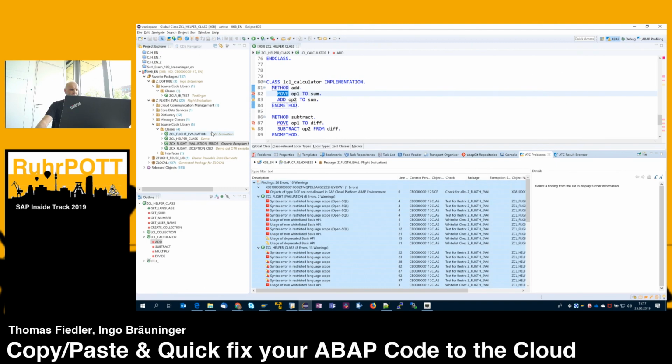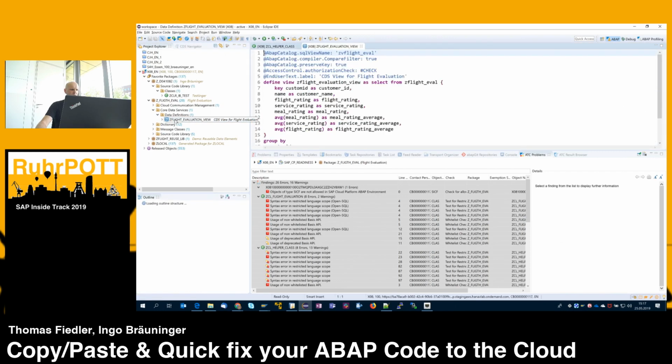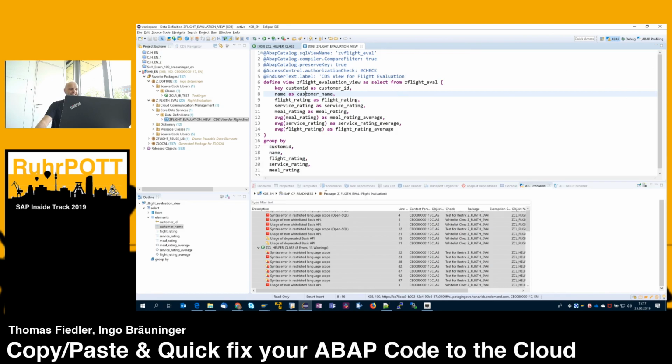Okay, saying that, the last step is, of course, we want to also have a nice Fiori UI on top of that. And now let's see, because Thomas just changed the core data service. Okay, it's a new one. Because he modified the ABAP source code in the GitHub account with his smartphone, even if I'm a gray-hair developer.